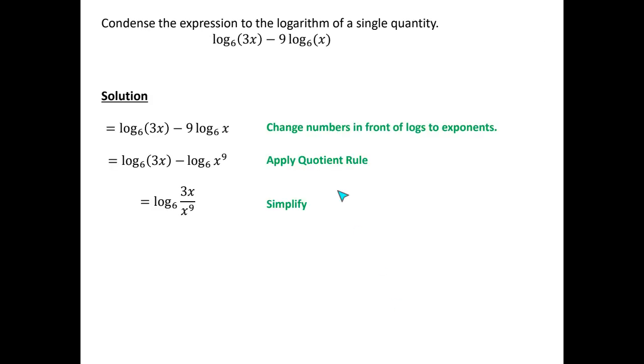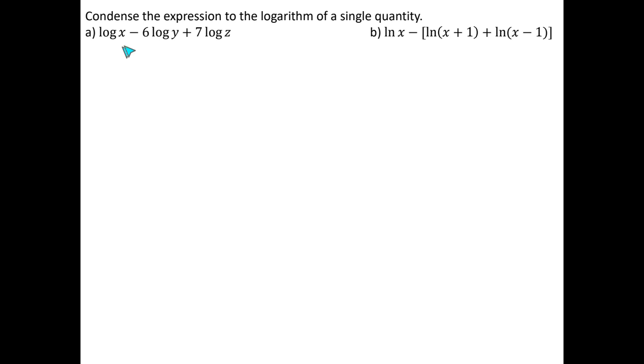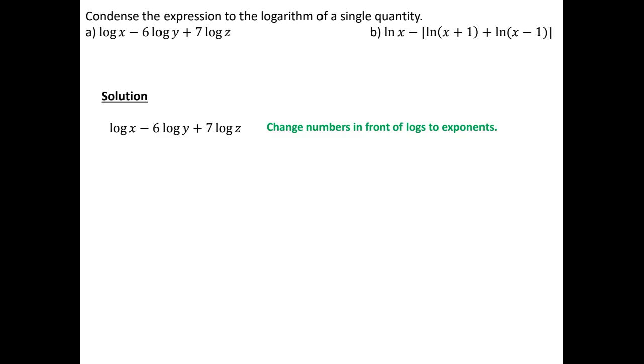Okay, let's try these here. So in this example, I have 3 logarithms. I don't have any parentheses or anything. But the first thing is to deal with these numbers in front. So let's rewrite those as exponents. So we're going to end up with y to the 6th and z to the 7th. If you don't have any parentheses or anything, you want to start from left to right. So we're going to combine